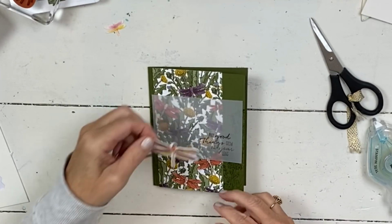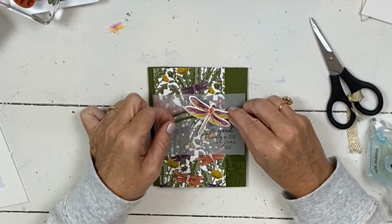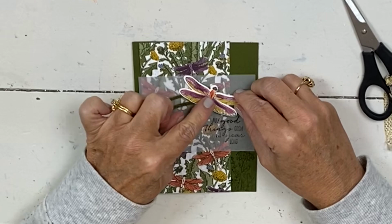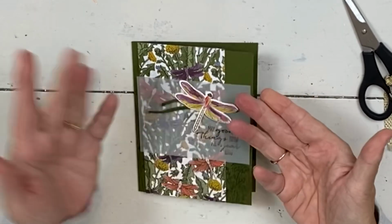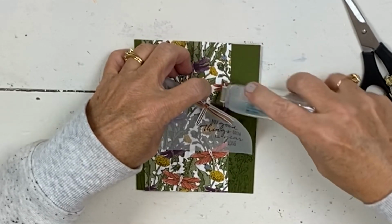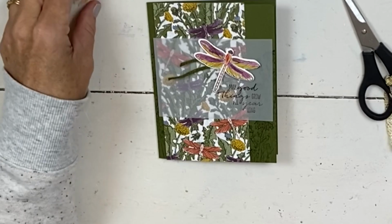And then I'm going to decide kind of where I want this. My other one goes much more up off my card, just all the way where you decide to stick this for your words. So stick this on here. You can see it's already dry. And then I'm going to lift this up, and I'm going to put the rest of my adhesive right under here because that'll hide it. And that's plenty. Take my little guy,